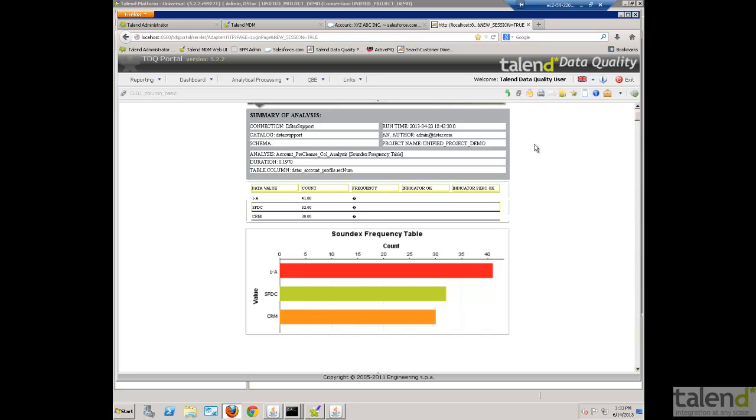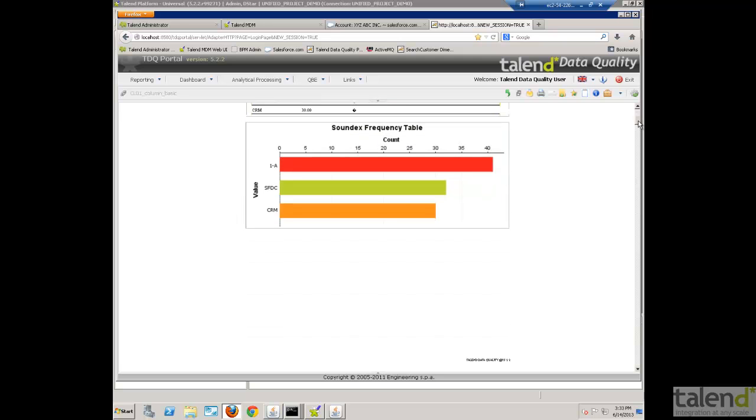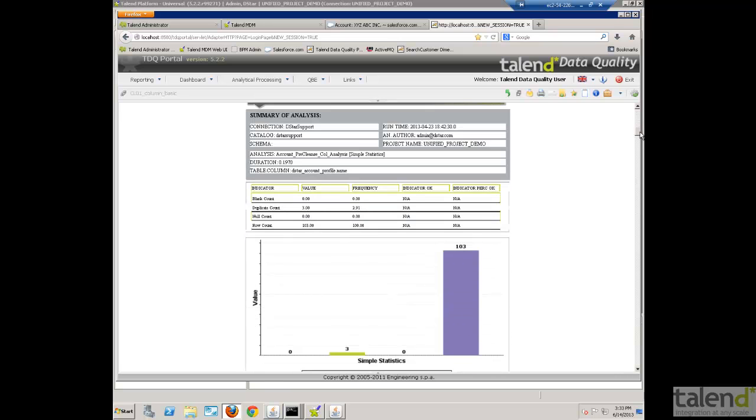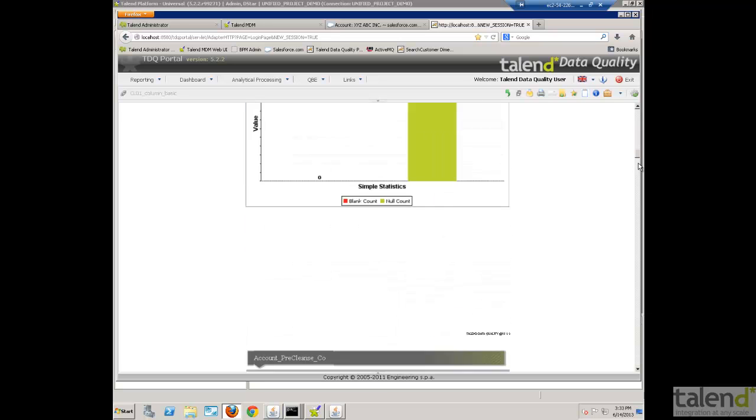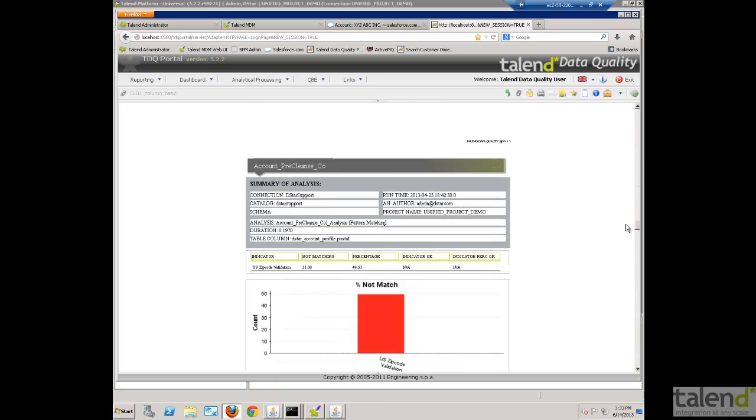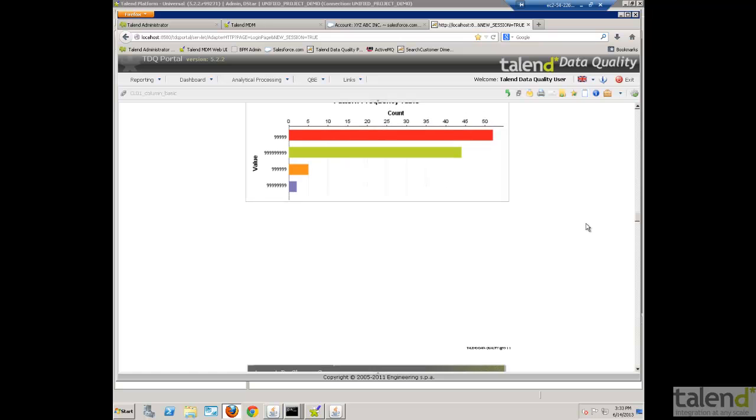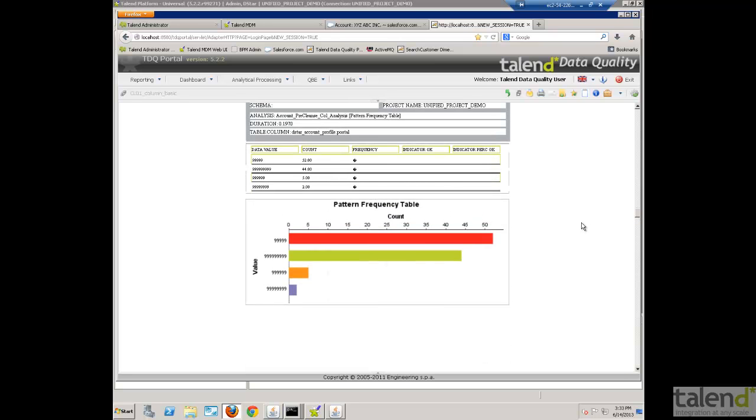This is a data quality portal for data governance with the MDM, to help monitor and track your data quality within the MDM system, as well as help you understand data issues before as well as after the data is in the MDM. So these reports here, I'm going to scroll down to the bottom, have some good information up front about key pieces of data that need to be loaded and cleansed before putting into the MDM, such as